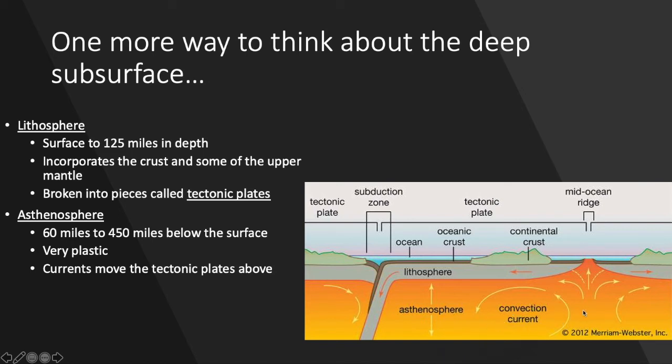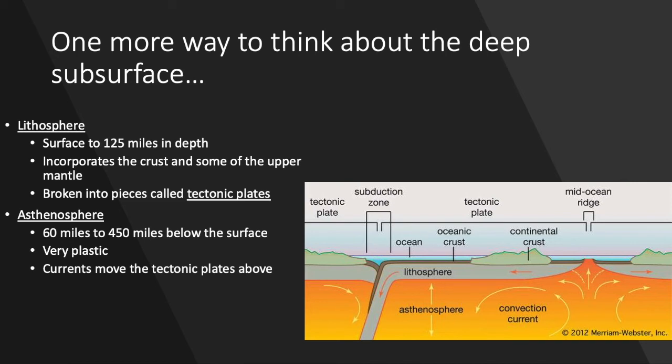You learned earlier in the semester about convection currents related to the atmosphere. We have the exact same process occurring in the subsurface, because it's warmer closer to the center of the Earth, and cooler the further from the center that you get. As that molten rock rises, it cools and starts to move, and then it descends back down into the center of the Earth. That creates a current, and those currents are what move tectonic plates around the surface, or more specifically, move the entire lithosphere around the surface. Again, this is a topic that we're going to come back to